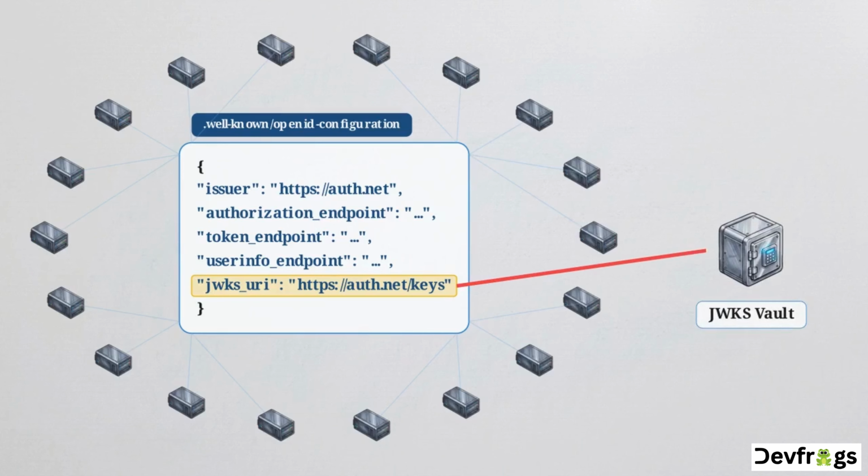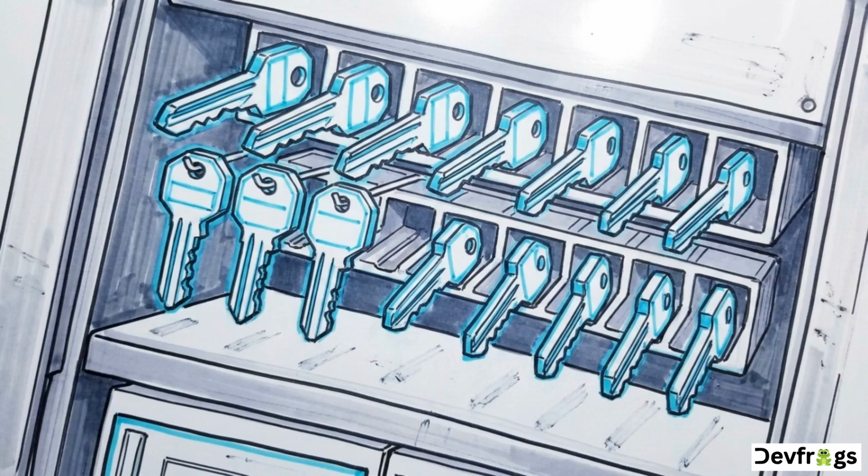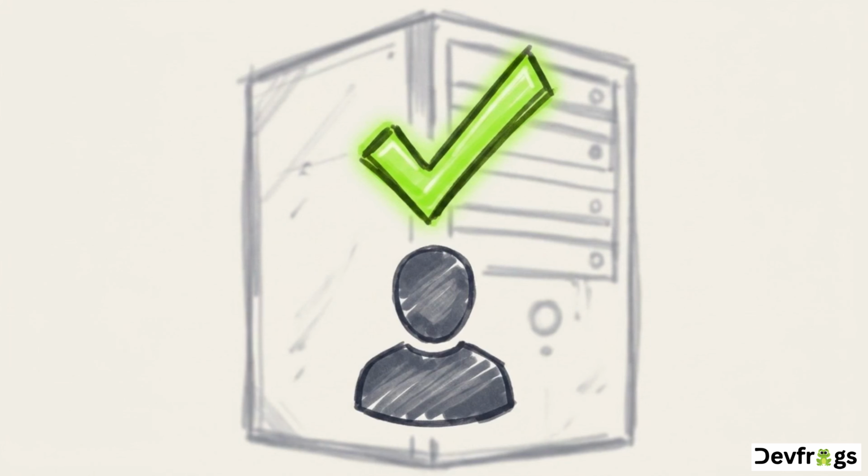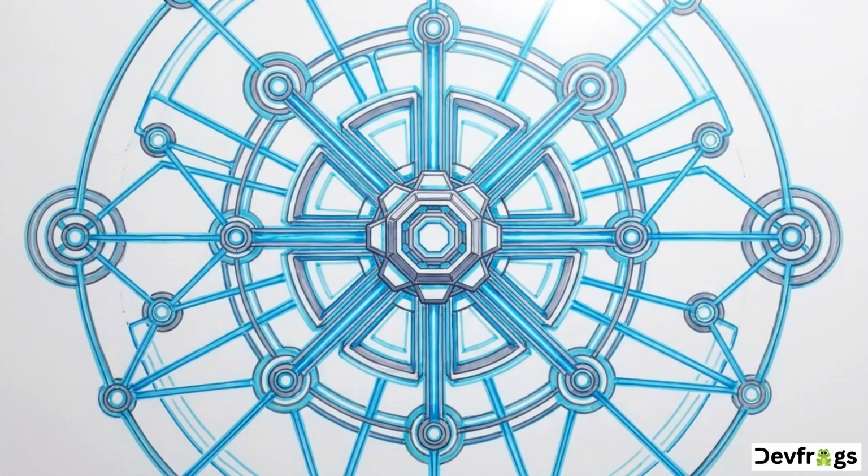The system routes them directly to the JSON Web Key Set. The JWKS is a directory of public keys. It is the critical cryptographic infrastructure required for managing the lifecycle of your tokens. When an application receives a token, it queries this public key directory to mathematically verify the token service's signature. This proves the token is authentic, allowing the app to grant user access locally without constantly pinging the central database. By deploying standardized metadata endpoints, you transform what could be a chaotic, manual multi-app integration into an automated, highly efficient,